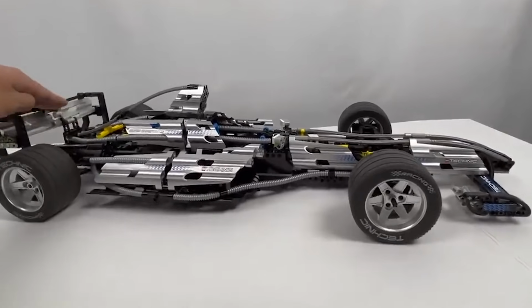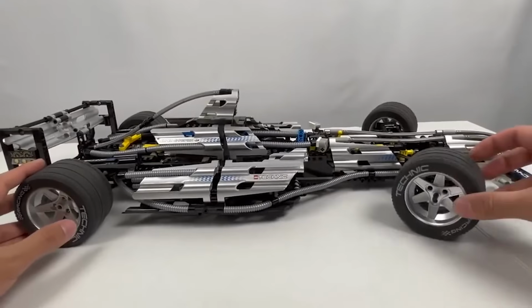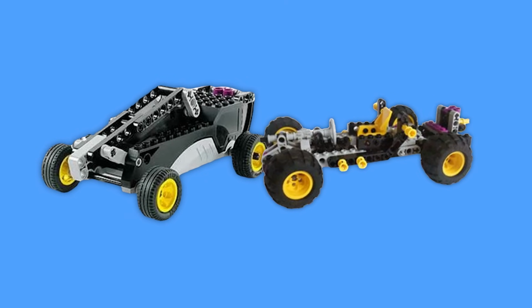It didn't just look like one though, it moved like one too. The piston engine actually moves once the wheels start turning. Oh, and speaking of the wheels, you can turn those. Yeah, you can literally steer this thing. By the year 2000, having steerable wheels was nothing new for a set under the Technic line, but it's still